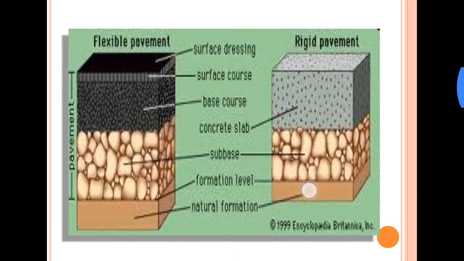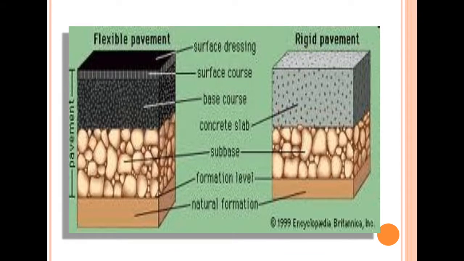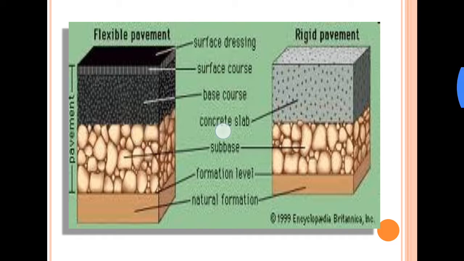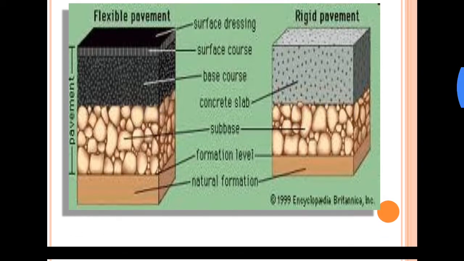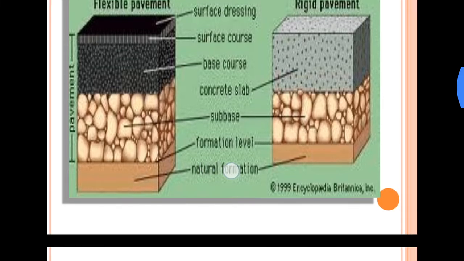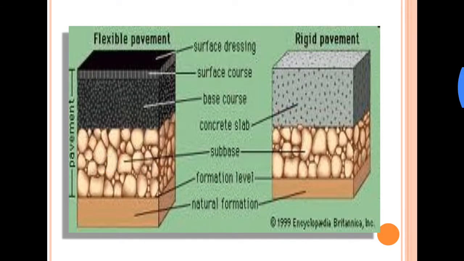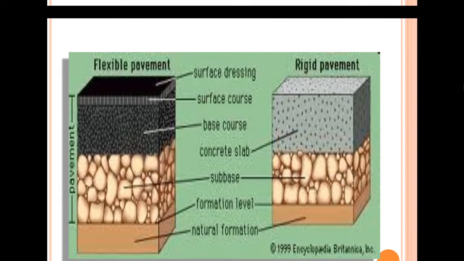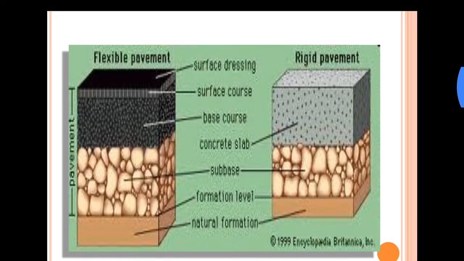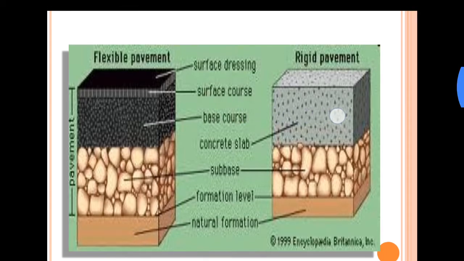Okay, here you have a cut section of a flexible pavement and a rigid pavement. Okay, the lower layers up to the sub base or even base remain the same, the bottommost being the natural formation or the subgrade. Then the sub base, which is made out of aggregates and dust. Then the base layer, it might be a bituminous layer or it could be a concrete layer.